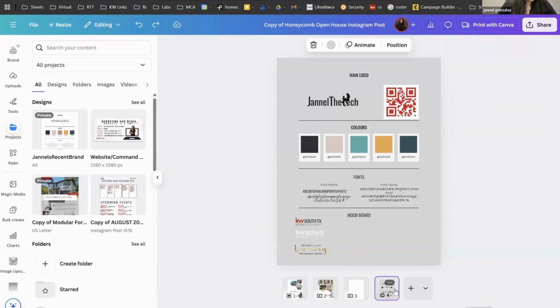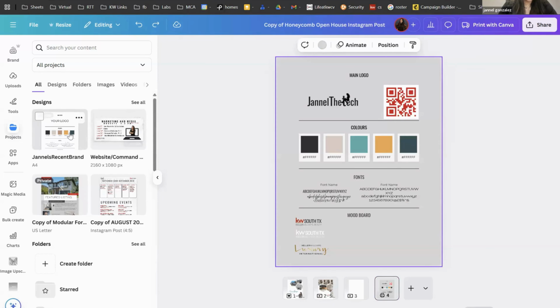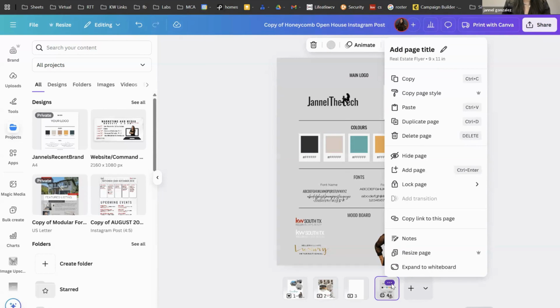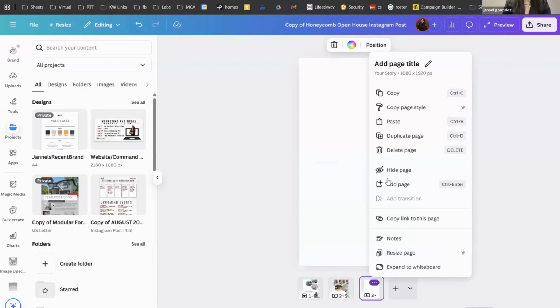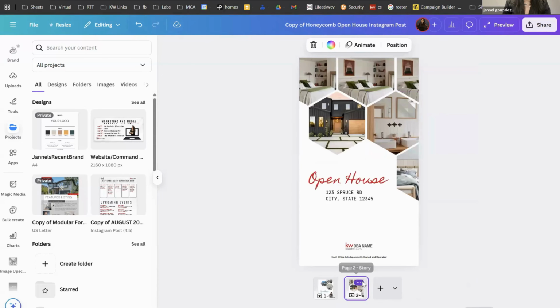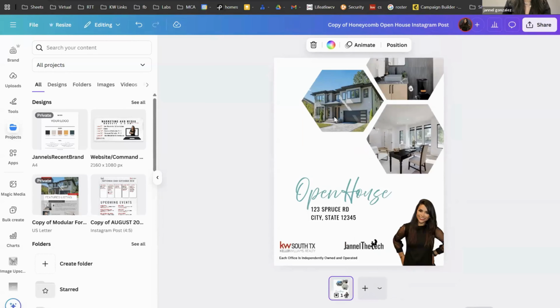Then you see how I'm missing a whole bunch of things on my brand page? Guess what wasn't affected was my brand page. It's going to stay the same every time because I'm pulling it into this design. So no worries about messing anything up if you're bringing it into any design. Then I can delete any page. So I can go in here, I can delete these pages that I don't want,